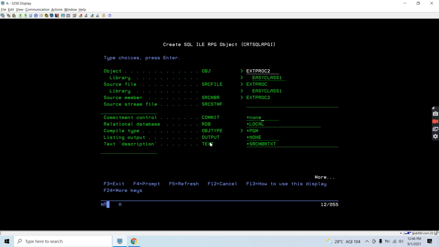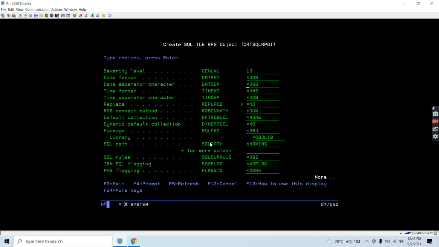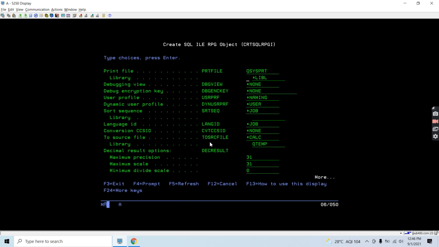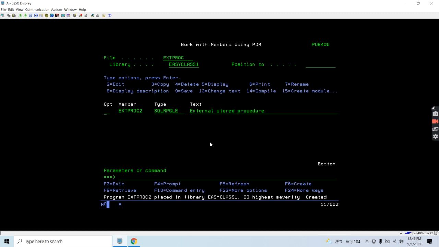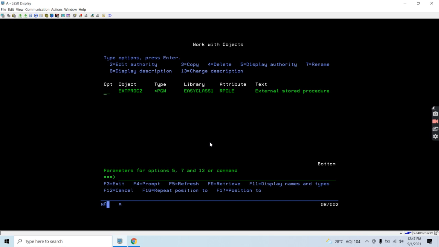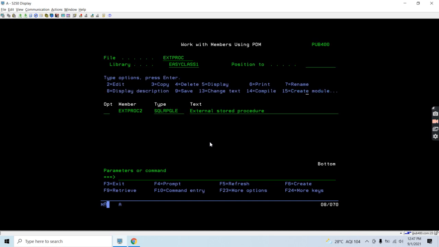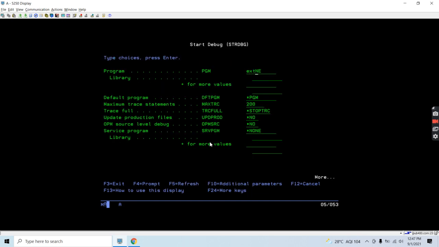This time I am creating the program which is going to create the stored procedure. So let's create this program first, then we will create the stored procedure. This program is created, work object extproc2. So the object is created. Now let's debug this program, STRDBG extproc2.